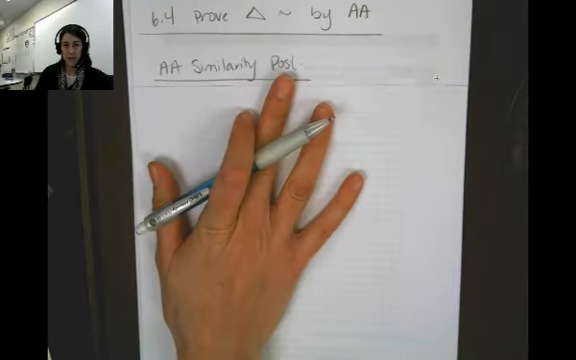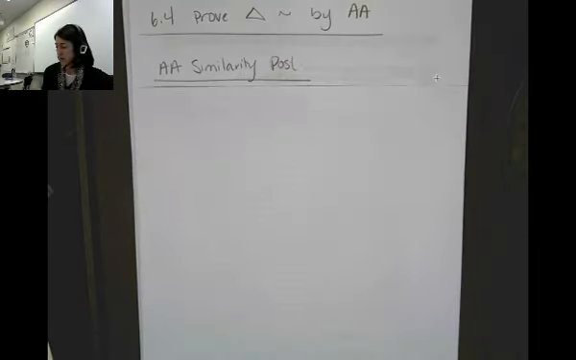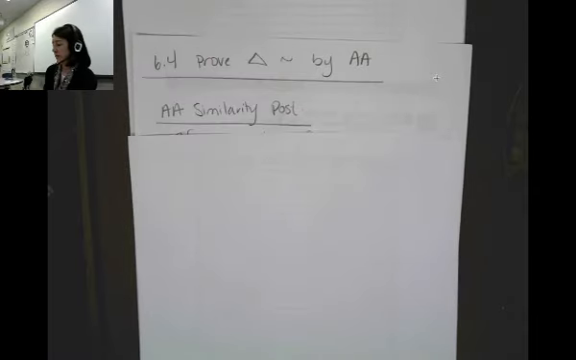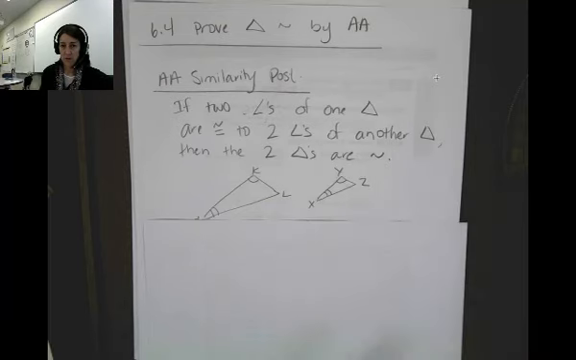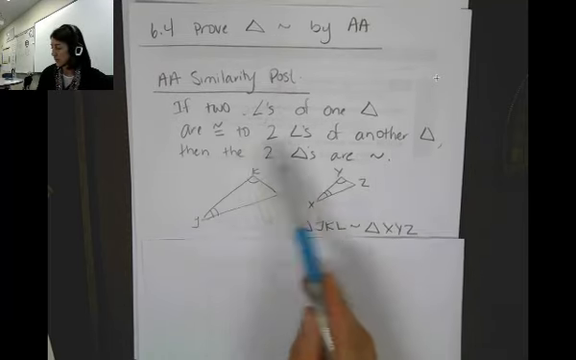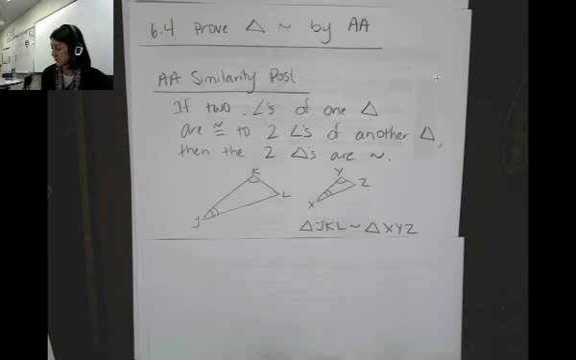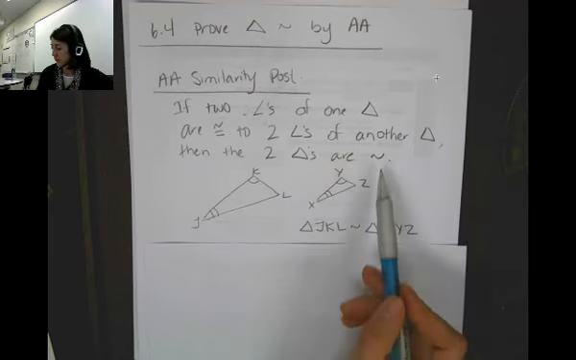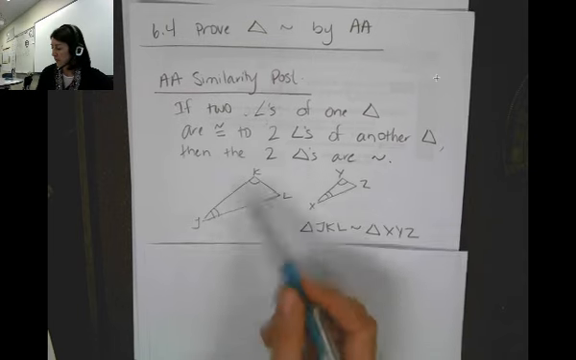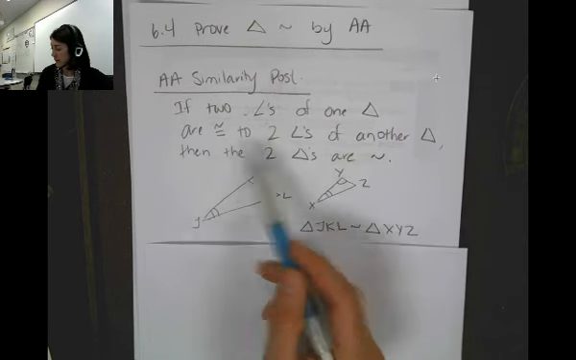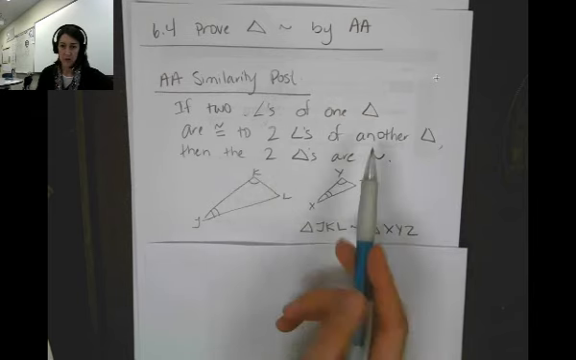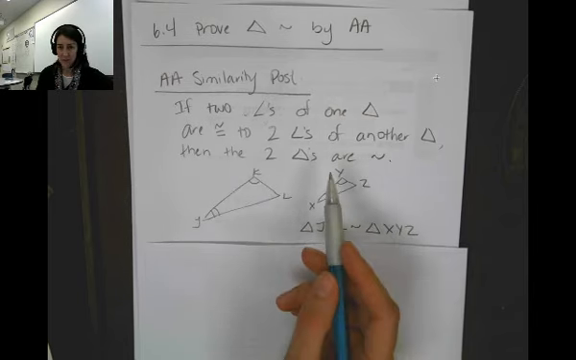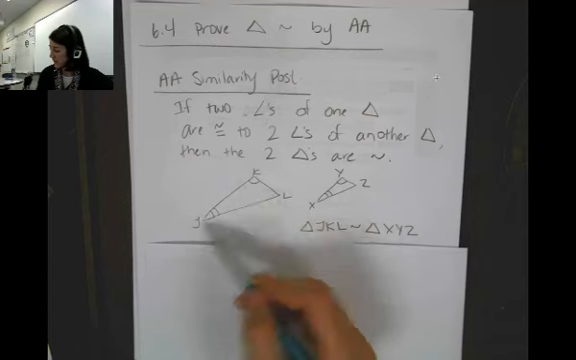Let's get the similarity postulate in our notebook. I'll give you a second here as I talk through it. If two angles of one triangle are congruent to two angles of another triangle, then the two triangles are similar. So we've got two triangles here,